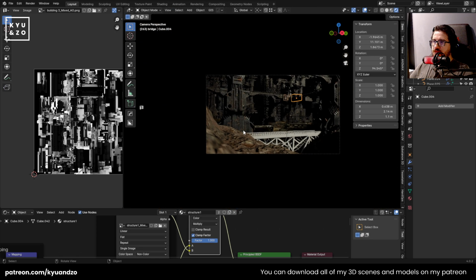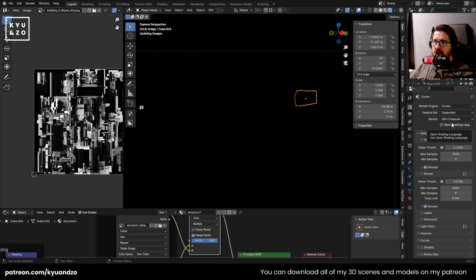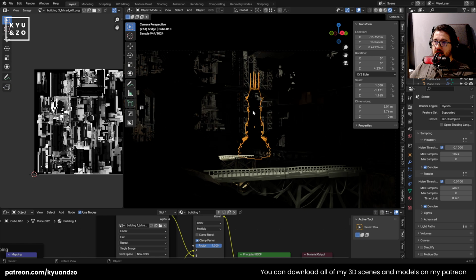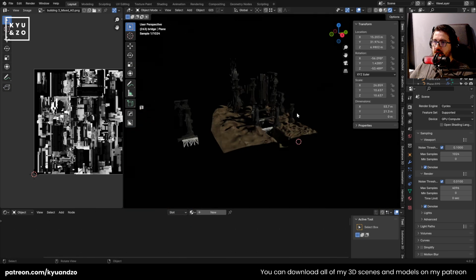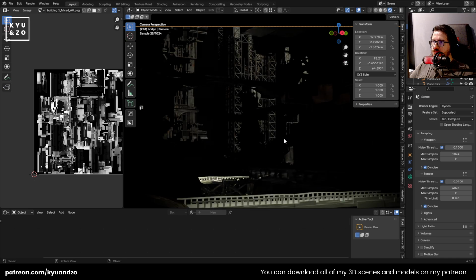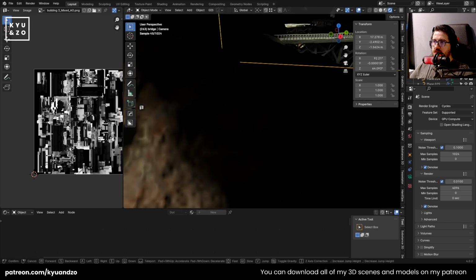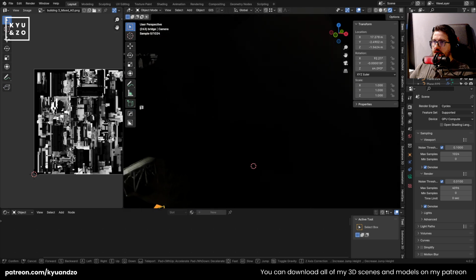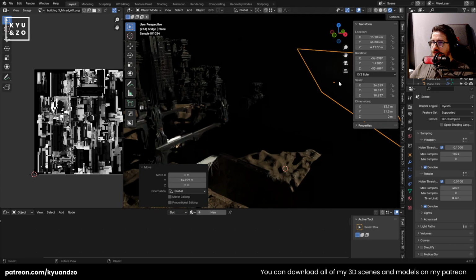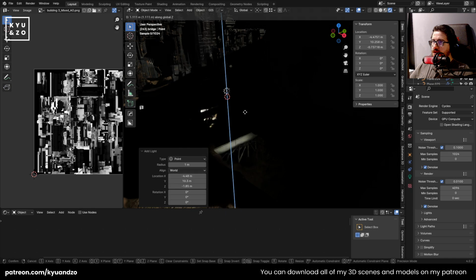So we have this result here, as you can see, which is EEVEE. Not my type on this project. So of course I need to have the blocker here, which I hid. Just bring it back. So we have this scene and it's a little bit darker than before. So what can I do? I think I can have something like this, or let's make an ambient light for the overall area here,